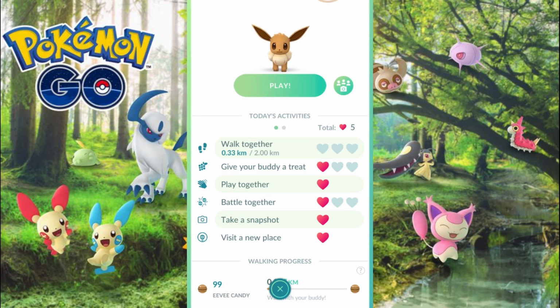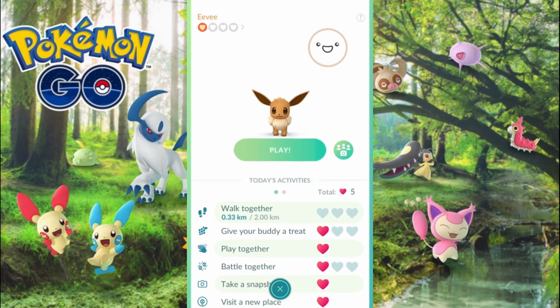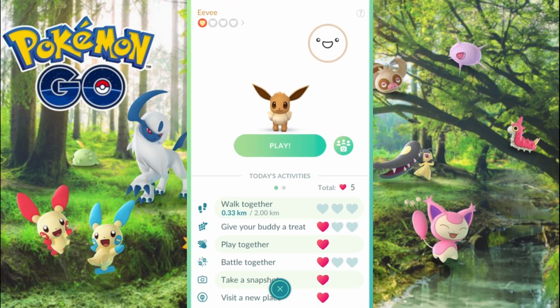And I'll go ahead and max this out today, max it out again tomorrow, and I'll keep on doing it until I can get my Sylveon. This is a fun thing to do with some of your favorite Pokemon regardless, to go ahead and get them leveled up as your buddy. There are different perks, obviously, as we said. You can see in the top right hand corner